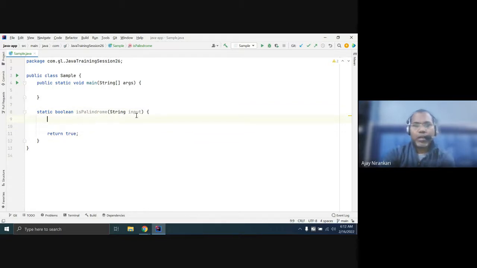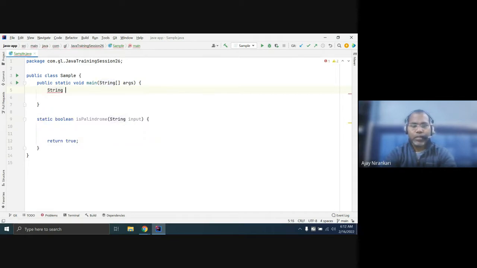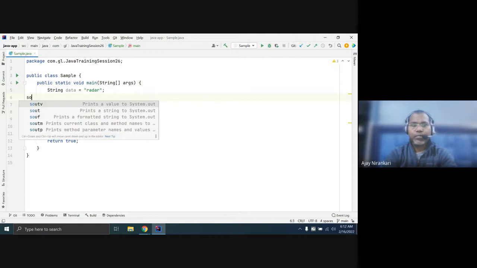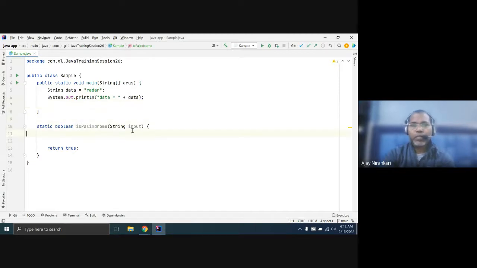So here, let us take one example. String data equal to, let's say, an example like radar. Whatever input we are getting, in this example we get radar.